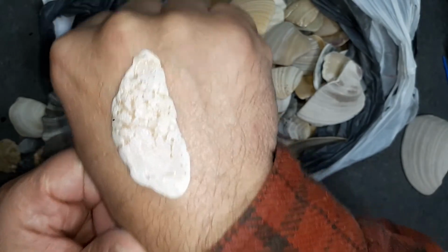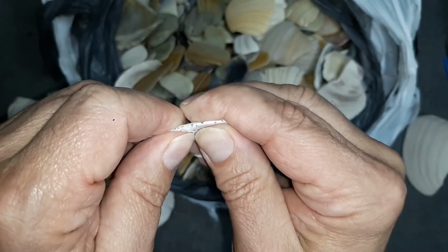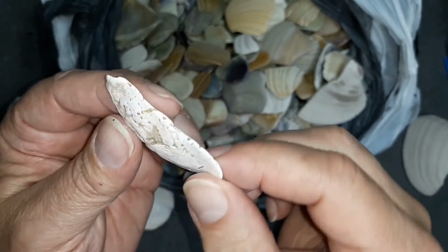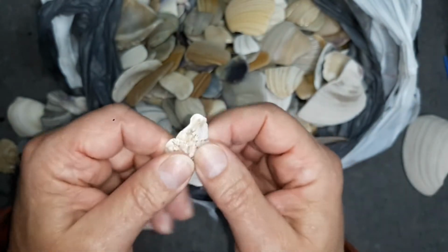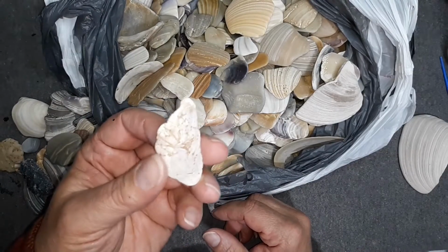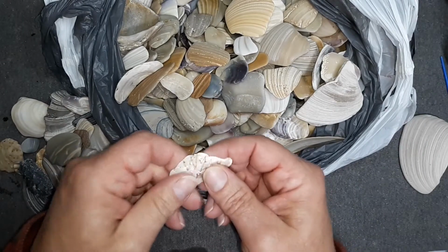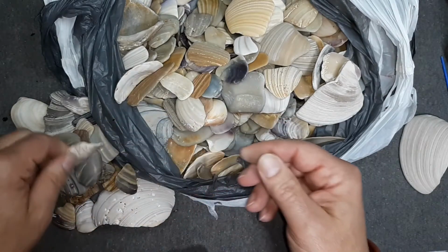It's hard to see that one because it's getting bleached out, blown out in the light. This one might have enough integrity to make a Kintsugi shell out of, because this is an oyster shell, and they don't have a lot of integrity. They'll snap and break real easy, and I don't like to make a pendant out of these because I drill it and it breaks. I mean, this one might be an exception because it seems to have a little bit more integrity than the